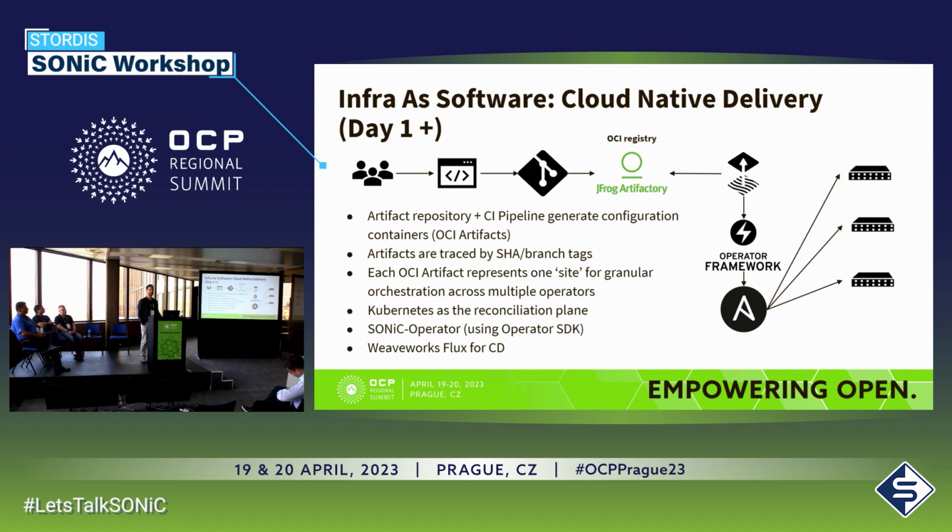And OCI are Open Container Initiative standardized images. So our configurations for change beyond day zero are actually discrete Kubernetes manifests that are consumed by an operator. That operator has a one-to-one relationship with each custom resource and a controller that reconciles those manifests. So we use operator SDK, and that allows us to